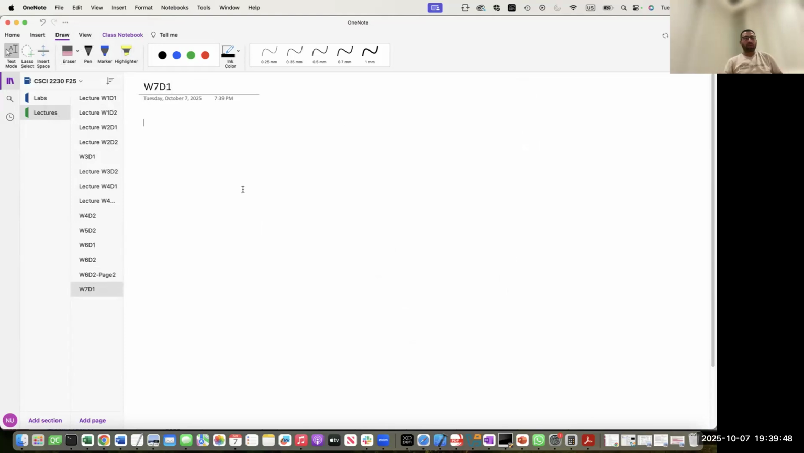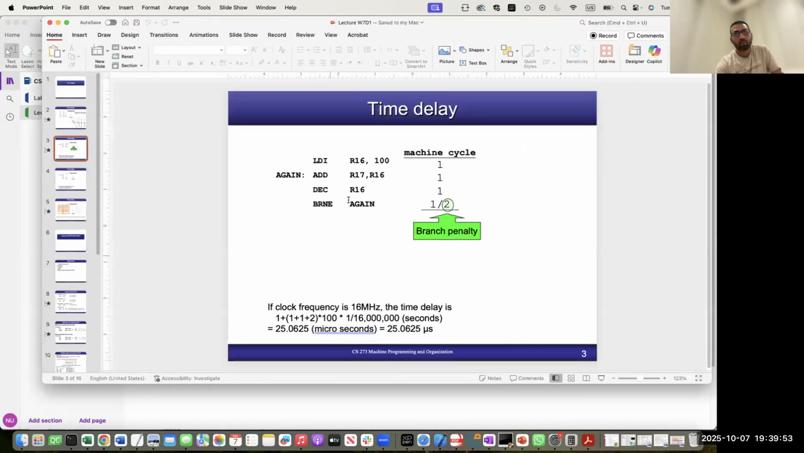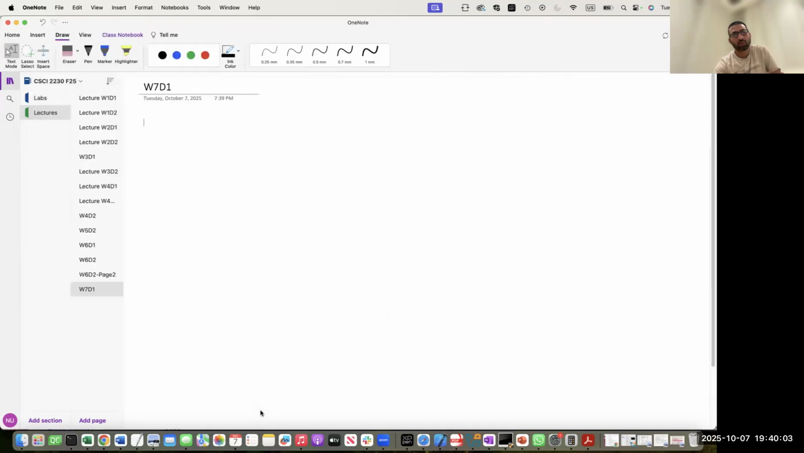So here in the slide, I'm claiming that for a branch instruction, the execution will take either 1 or 2 cycles, depending upon whether the branch is taken or not. So what does it mean? What is the logic behind saying that it may take 1 or 2 cycles? So the thing is this, in AVR microcontroller, you have